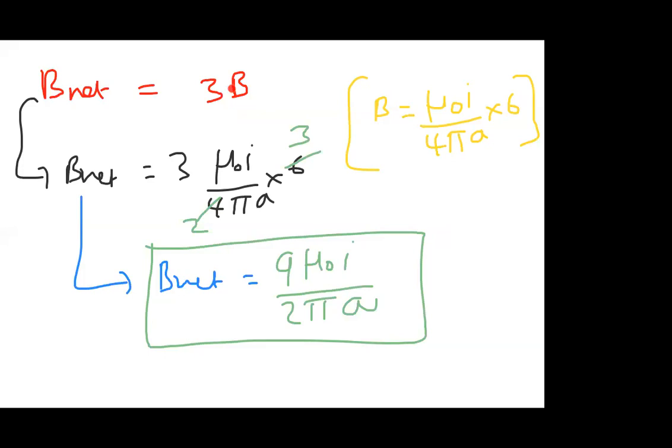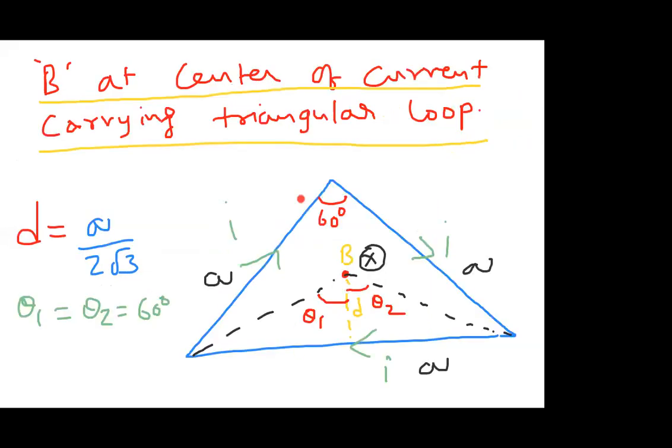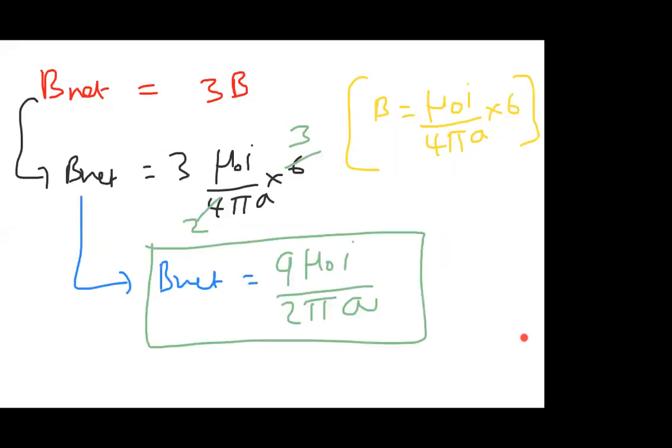Because if you observe, the current in all the 3 is in clockwise. That means it is a single loop. Everywhere the current is in clockwise, so no need to apply the right hand thumb rule. Simply we can say clockwise current, magnetic field inside. That means because of this conductor also inside, this conductor also inside, this conductor also inside. From that information, I have written B net equal to 3 conductors are there. For 1 conductor, this is the value. For 3 conductors, multiply with 3. So finally I got this one.